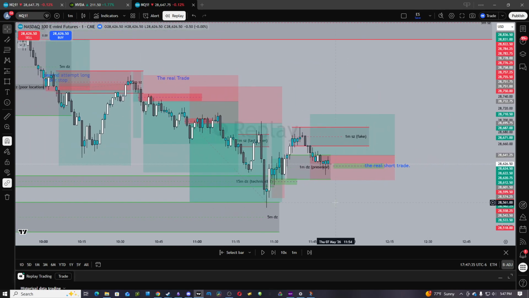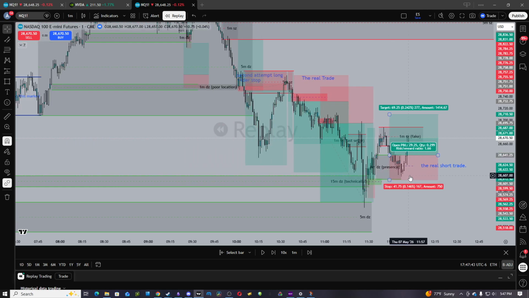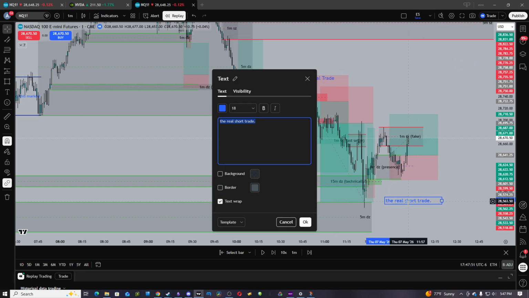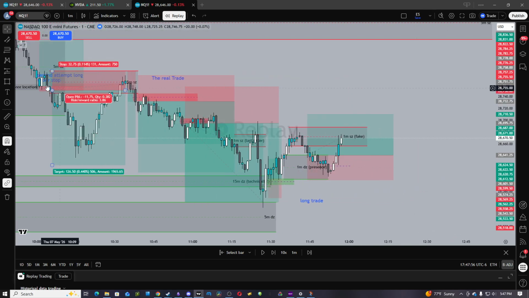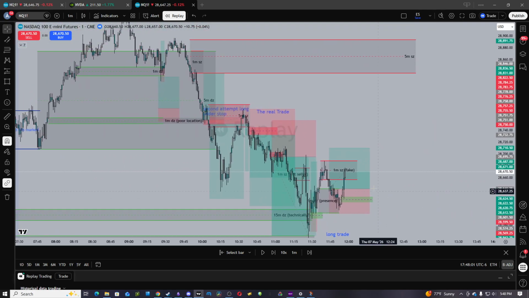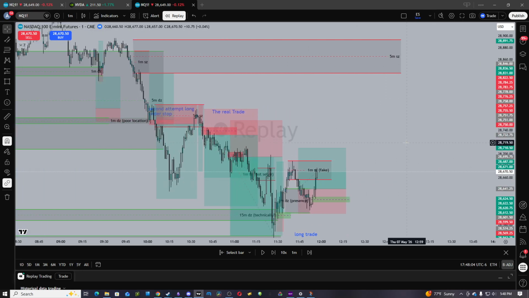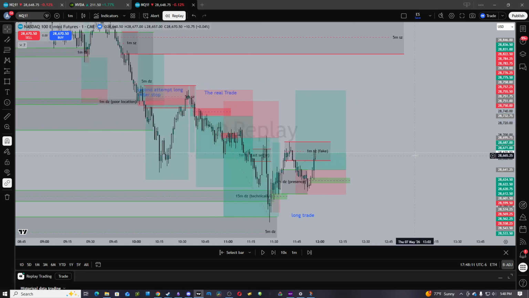So 1 minute demand prints and 1 minute FVG, boom. I say this is a real short trade, but that was meant for right there. No, this is the real long trade is what I meant. Oops. This was the real long trade. So yeah, I'm gonna screenshot this, clean it up a bit. That was just my thought process on all this. Could be wrong, but yeah, 1 and 3,